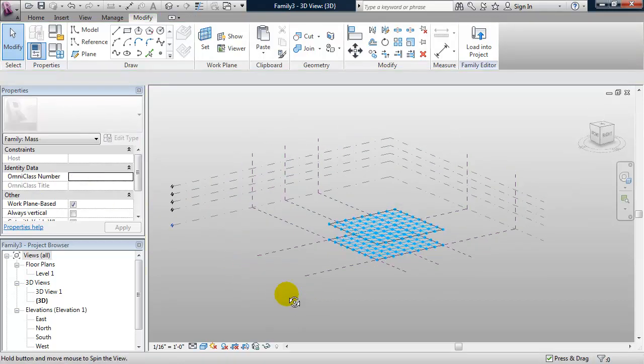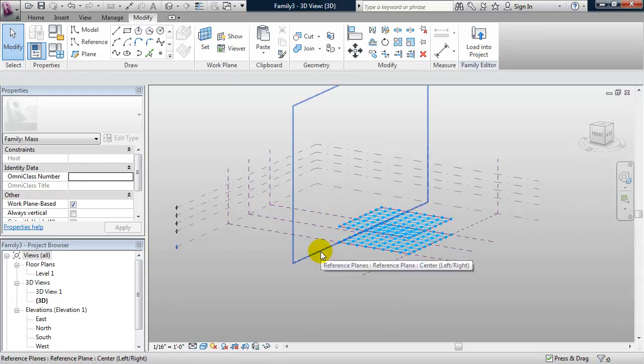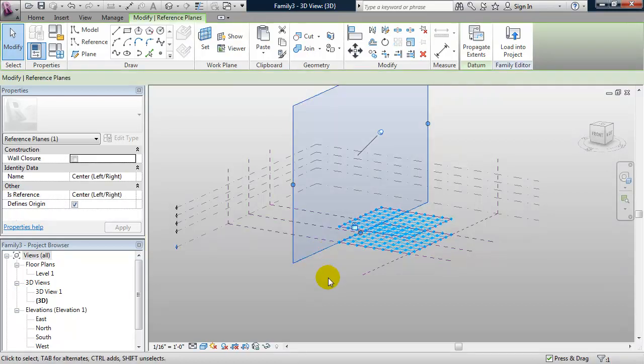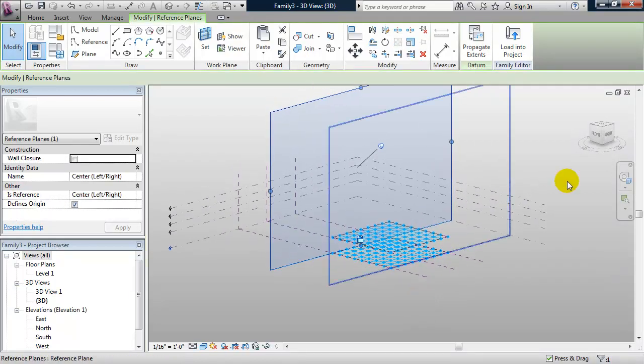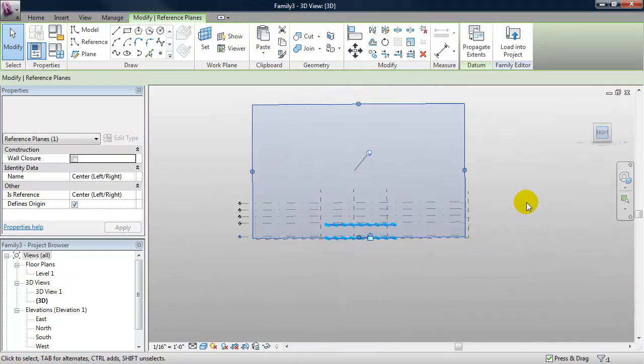Okay. So I'm going to start by drawing the lower arc of my roof, and I'm going to host it to this center left-right reference plane. So I'm going to select that first, and I'm going to go to a right view by clicking on the view cube, clicking on right,